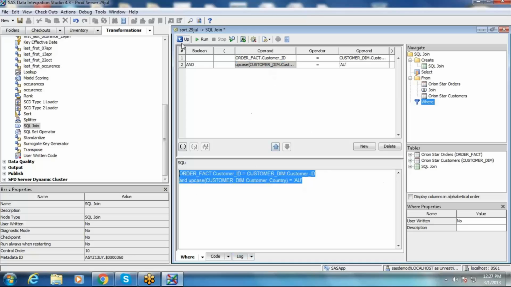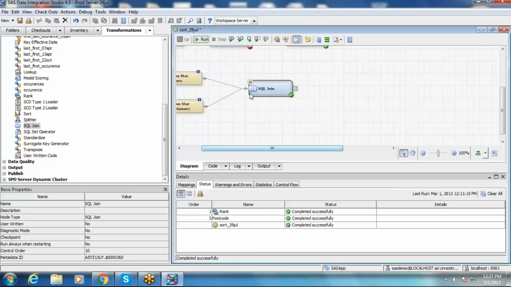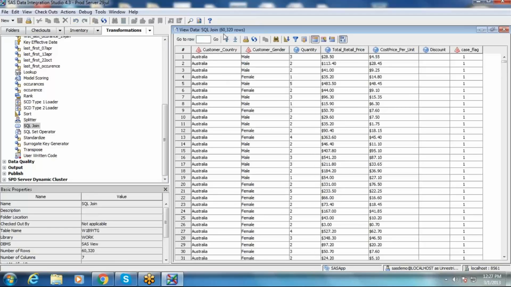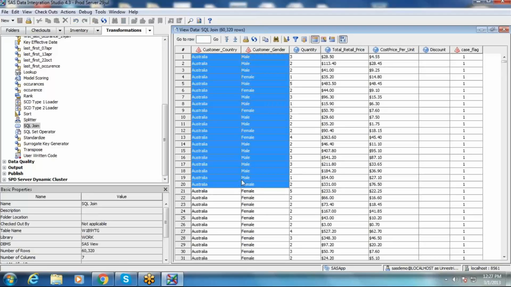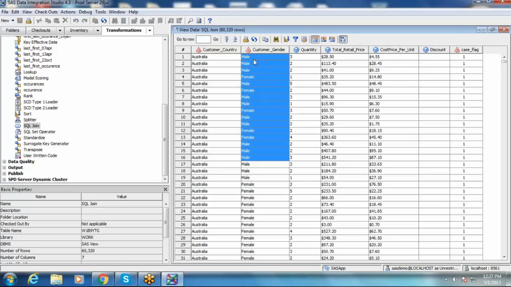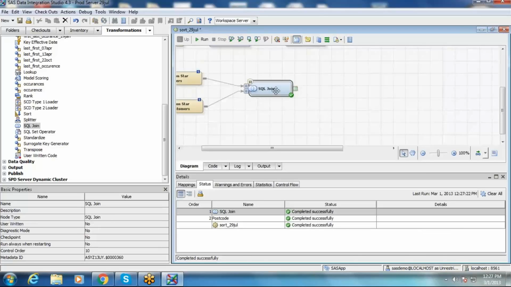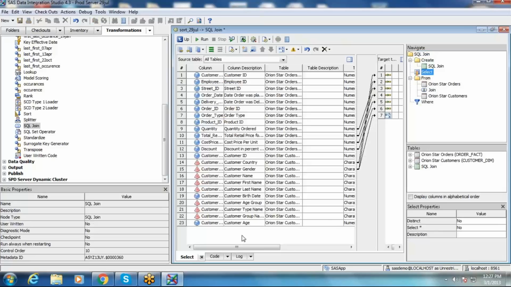Okay. Go up. So you are done with the SQL join transformation now. Just try to run this one. Click on debug and then run selected transformation. Try to open this table. You should see only Australian records. 60,000 transactions are done by Australian people. They are male or female. Flag. Oh, why are both shown with one? We might have given 1 for both. Let us go to the select transformation and see the expression over there.